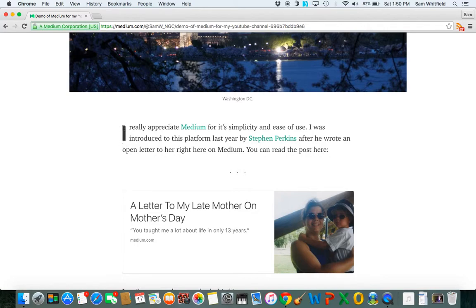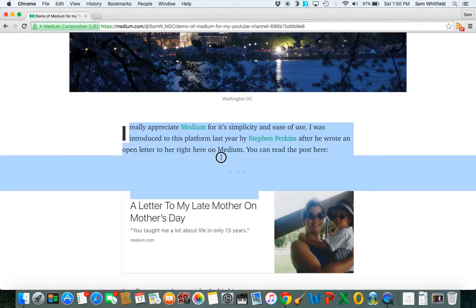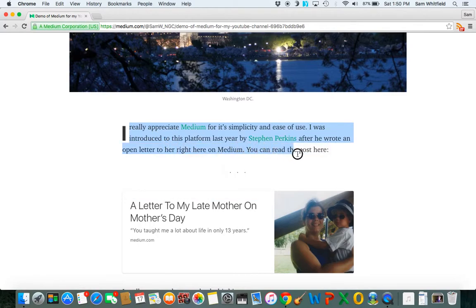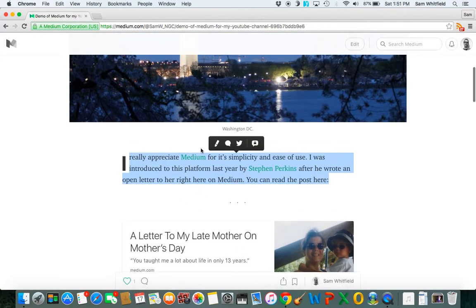So if I wanted to, I know this is my own article, but let's say I want to highlight this. I can go ahead and it gives me the option to highlight it, to comment on it, or to tweet it, or to tweet a link.